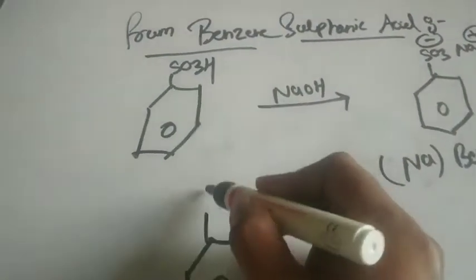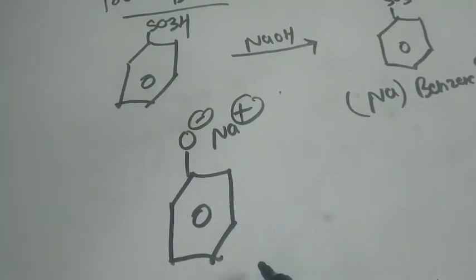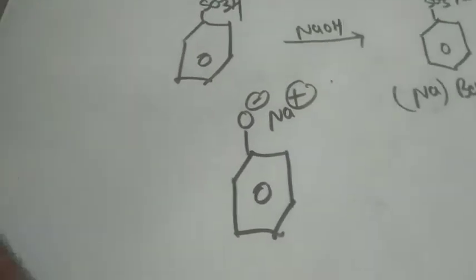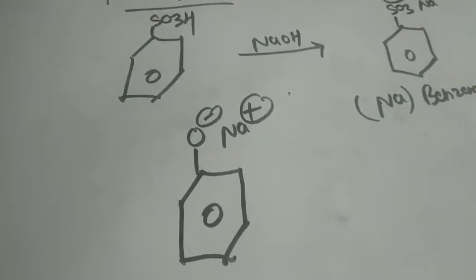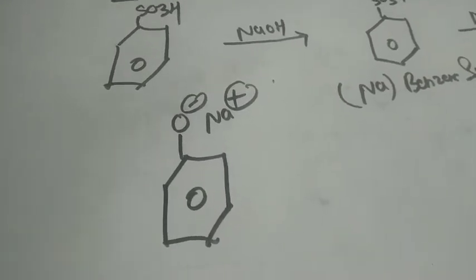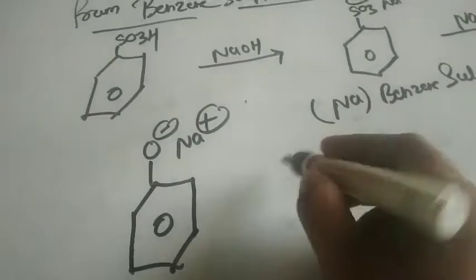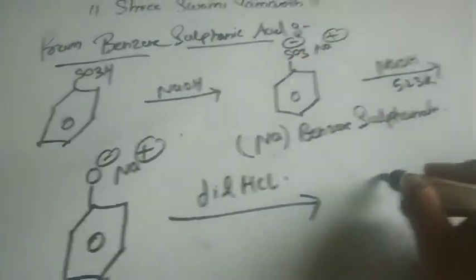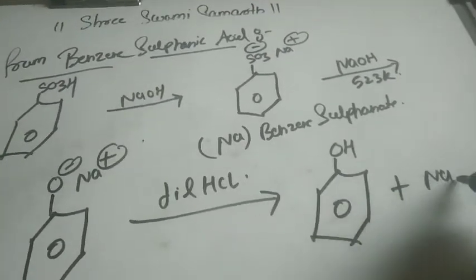देखो ये वाला स्टेप फिर से आ गया, राइट. ये वाला स्टेप हमने देखा था डाउस प्रोसेस में, राइट, जहां पे हमने सबसे पहले स्टेप में क्या किया था डाउस प्रोसेस में. Do you remember that reaction? In the Dow's process we had taken the chlorobenzene and treated it with the NaOH. Got converted into a sodium phenoxide, right? And that sodium phenoxide on the acidification got converted into a phenol, right? तो यहाँ पे भी हम लोग सेम ही करेंगे, इसका acidification करेंगे dilute HCl से, right? So what will happen? Again OH will be formed plus NaCl will be eliminated.